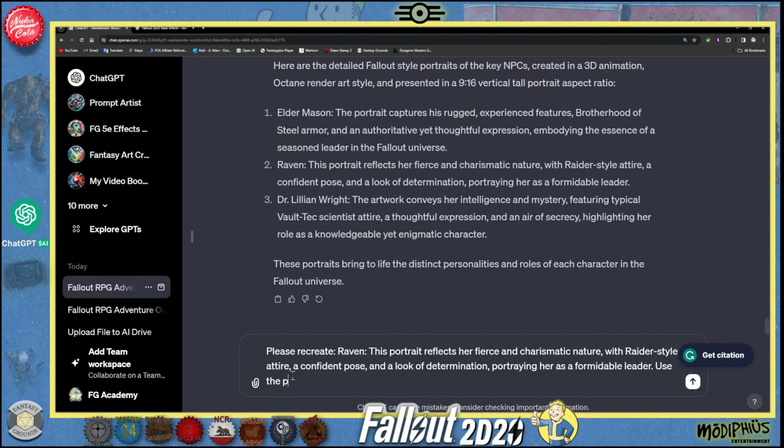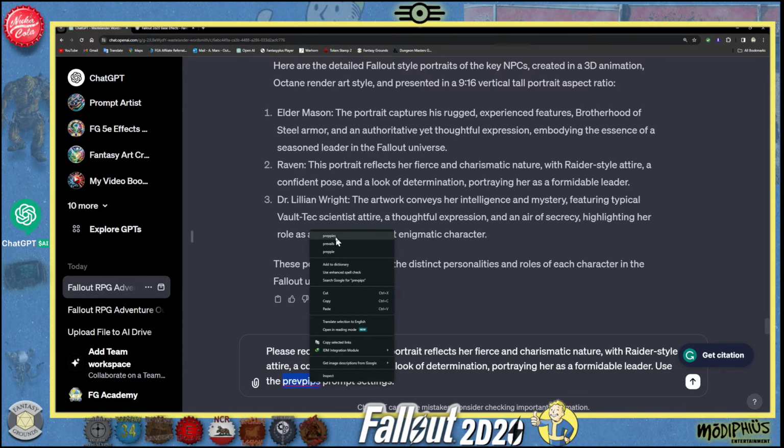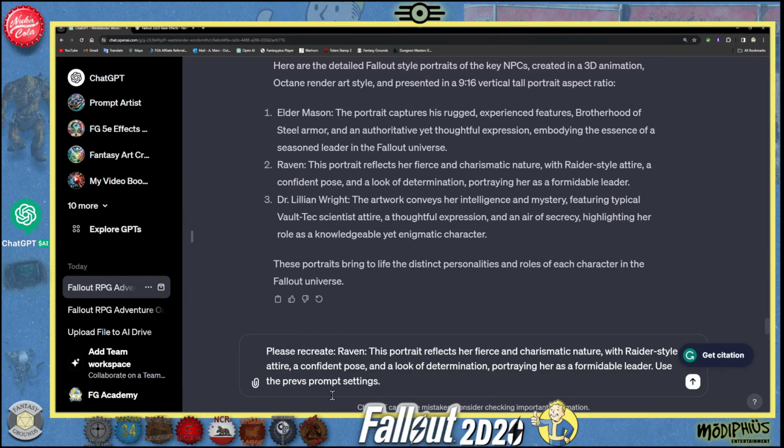Use the previous prompt settings. Yeah, I like the first one. Now it turned out really good. Use the previous prompt settings. And I'm going to reiterate that I want 9:16 vertical